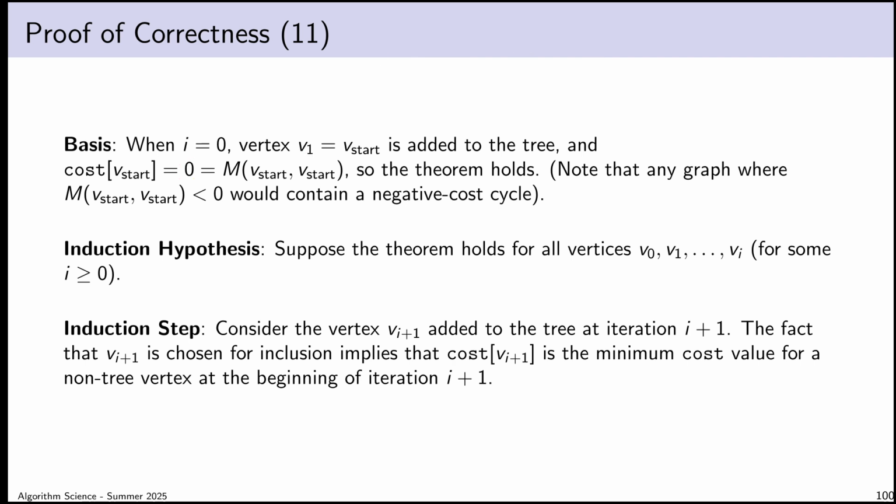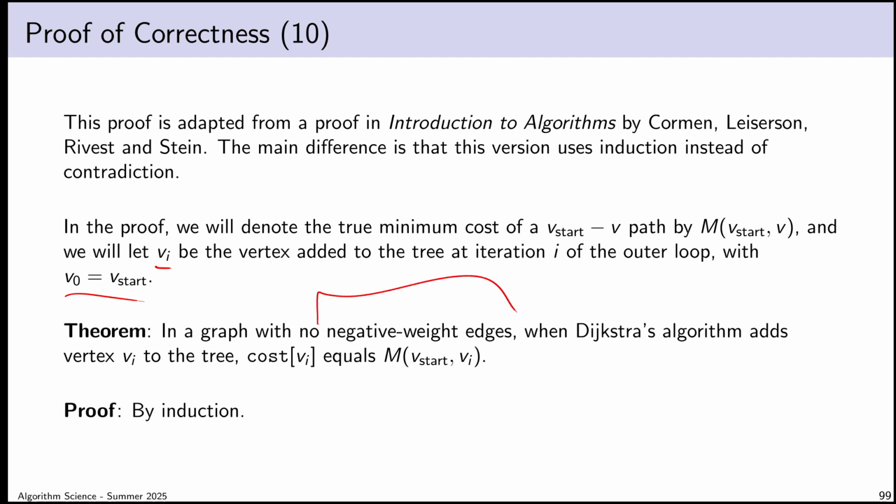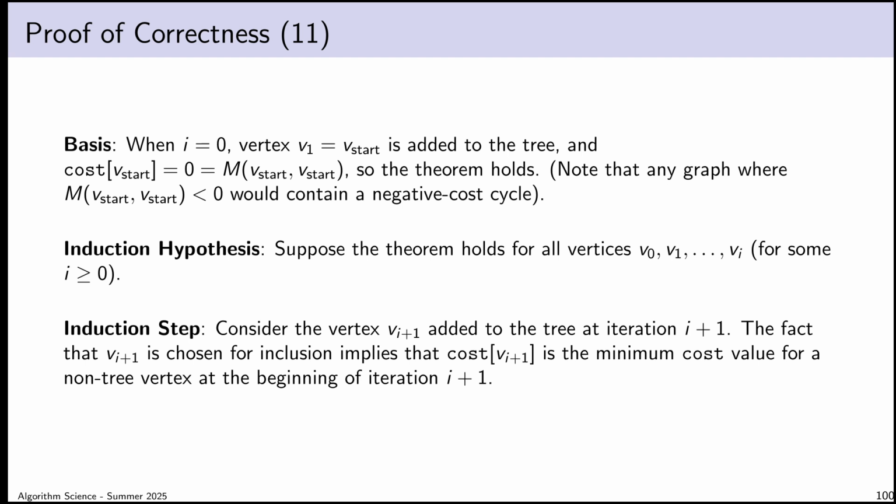So it is possible, theoretically at least, that the minimum cost of travel from a vertex to itself could be less than 0. The only time that's ever going to happen is if there's a negative cost cycle. And of course, in that case, that means the minimum cost actually goes to negative infinity. Fortunately for us, we are assuming, so look at the theorem, the graph has no negative weight edges. There is no way I have a negative cost cycle, and so therefore I do not have to worry about that case. The minimum cost of travel from a vertex to itself in a graph with no negative weight edges is actually going to be 0.